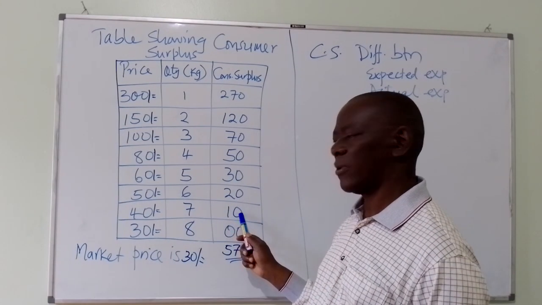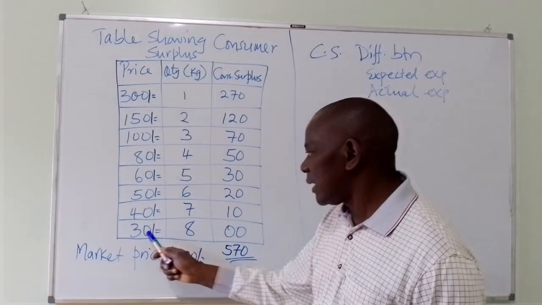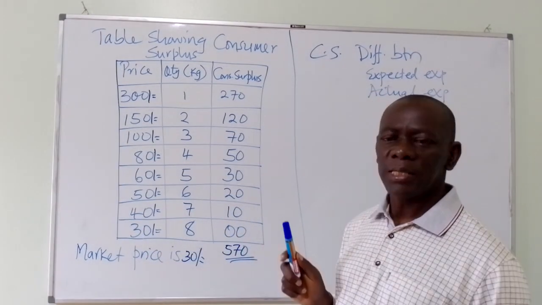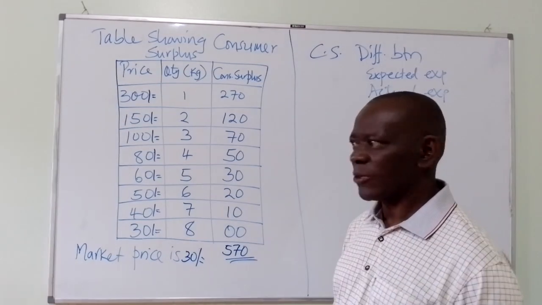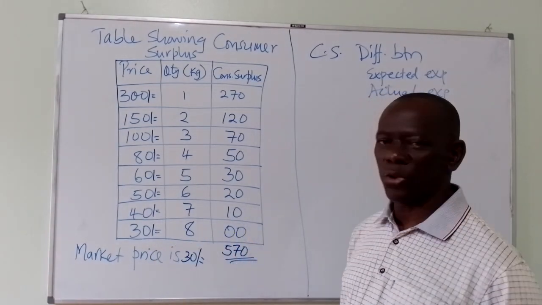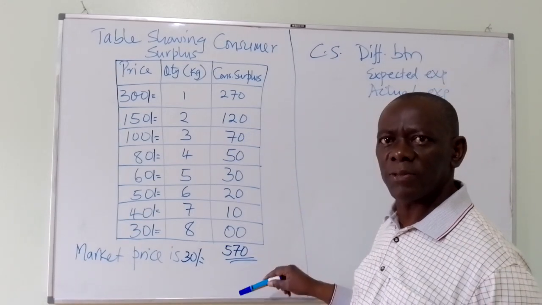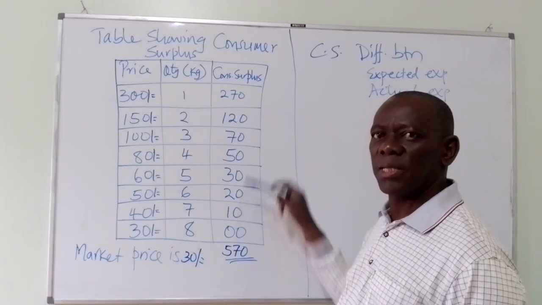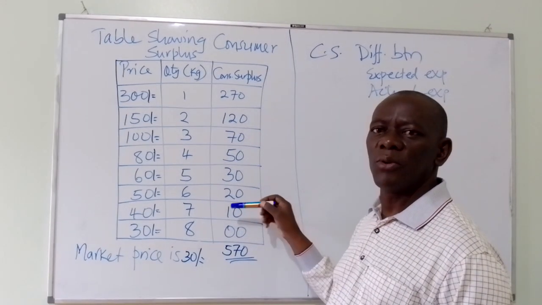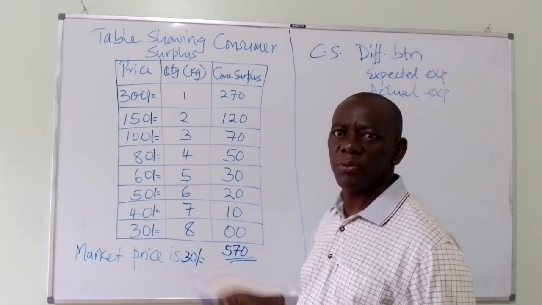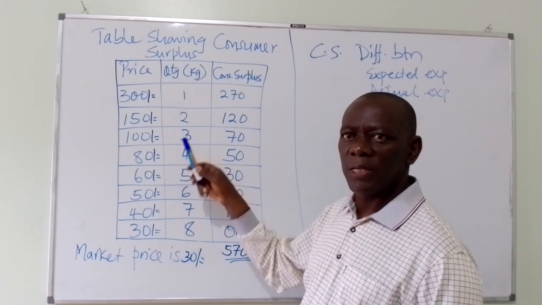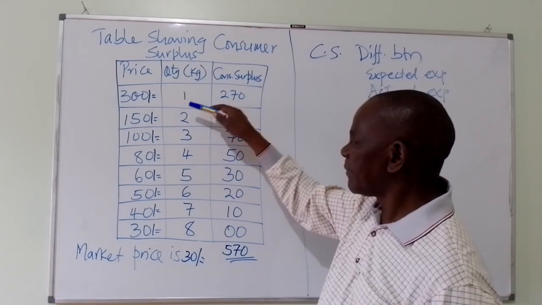40, a surplus of 10. But the eighth kilogram, it is the market price. So there is no surplus here, 0. Now he has to total up all the surplus that he has obtained from his demand schedule. His demand schedule is showing that 8